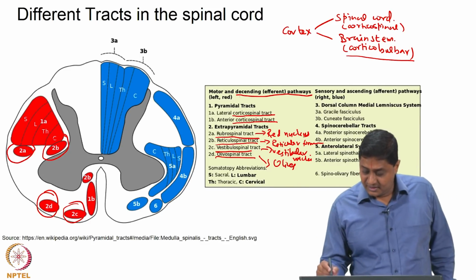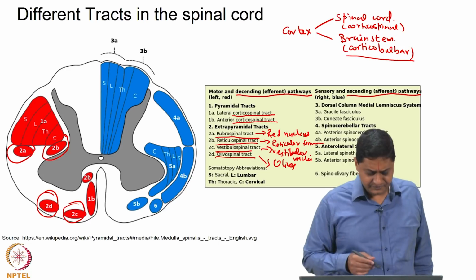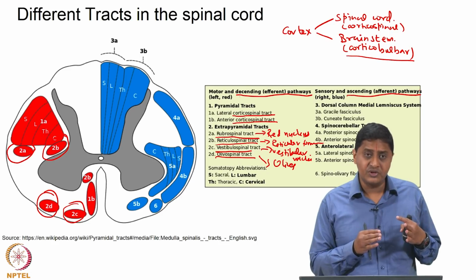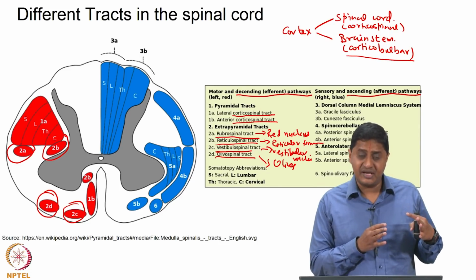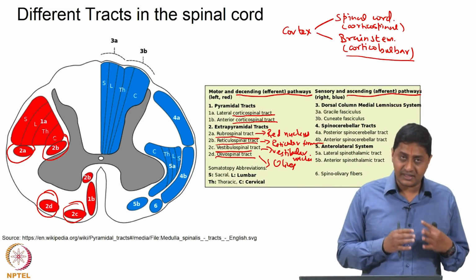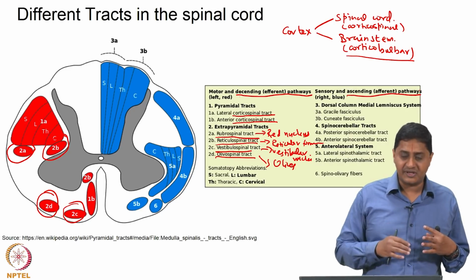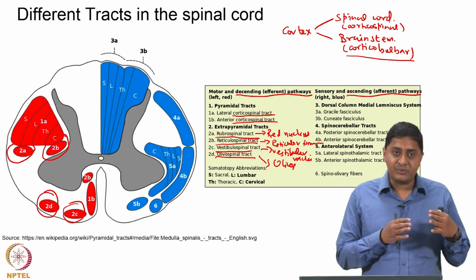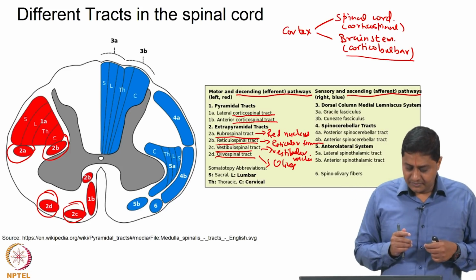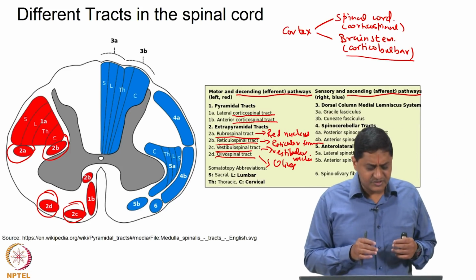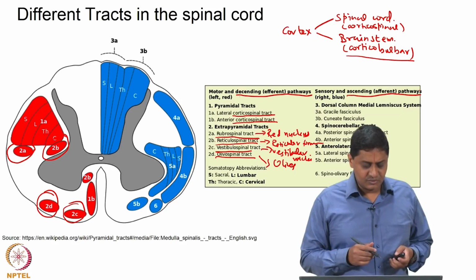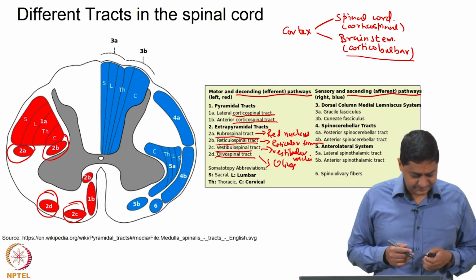Now, what we are not discussing is the ascending pathway. We will discuss that in future, but at least it is clear that the spinal cord is receiving inputs from multiple regions of the brain, some mainly from the cortex and also from subcortical areas, and the cortex itself projects not only to the spinal cord, but also to the brainstem. And so, there is a sufficient amount of redundancy. Now, the question is, where do these project and what is their function, right? So, what is the main role of this, right?